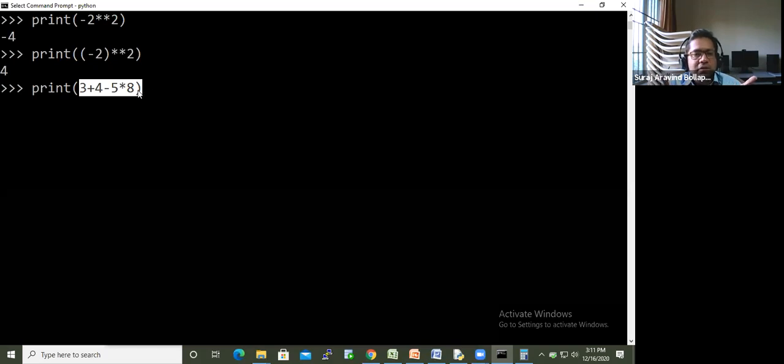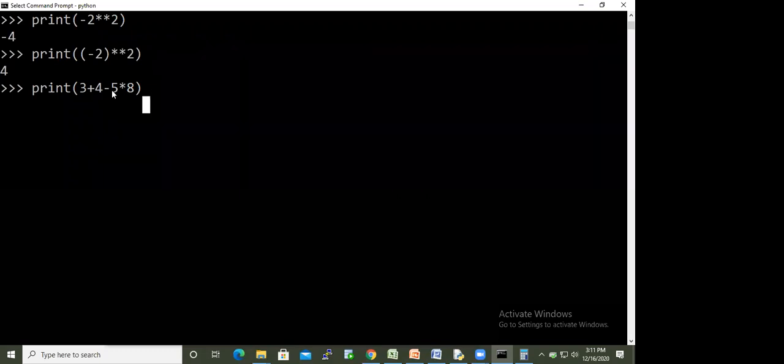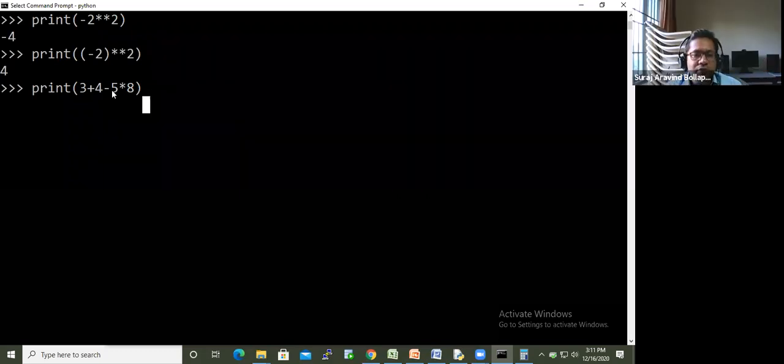Now how does the interpreter calculate? We calculate using the BODMAS rule. We are taught in school that there is something called the BODMAS rule.